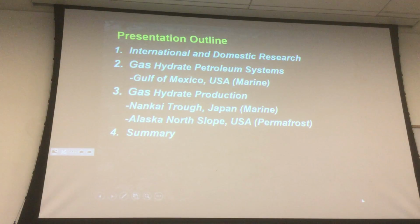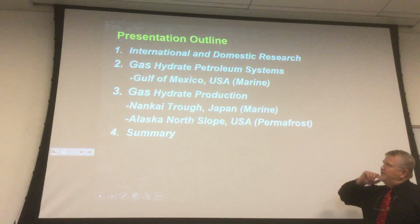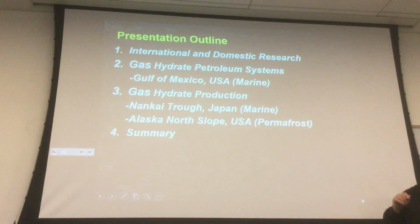Petroleum systems, much like the concept we use for gas hydrates or for conventional resources, is understanding the geologic controls on the occurrence of gas hydrates. So it's a very simple concept when you think about it. We use it for conventional oil and gas all the time. The second half, the main thing I was alluding to, is on gas hydrate production. We want to look at two different accumulations, particularly on the North Slope of Alaska, kind of look at some of the things we've learned about gas hydrate production from Alaska, and then look at a little bit at the